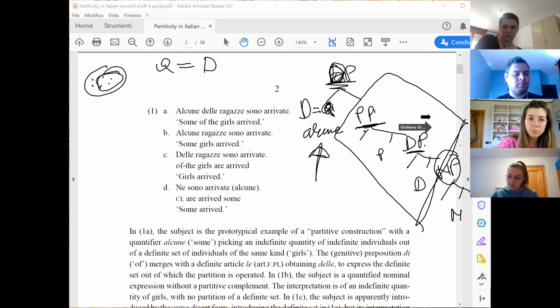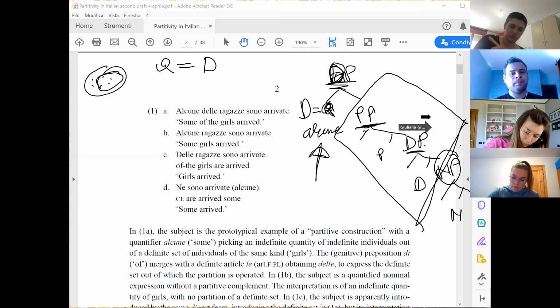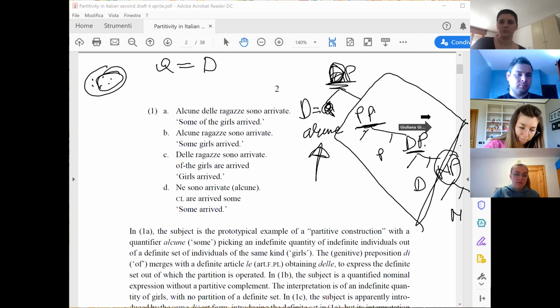A deictic element, these girls, often occurs in a definite context, in the context where I require definiteness, okay? In fact, I can substitute the definite nominal expression in 1A, le ragazze, with a deictic expression, queste ragazze, right? I can say alcune di queste ragazze, and it would be perfect. So you see,